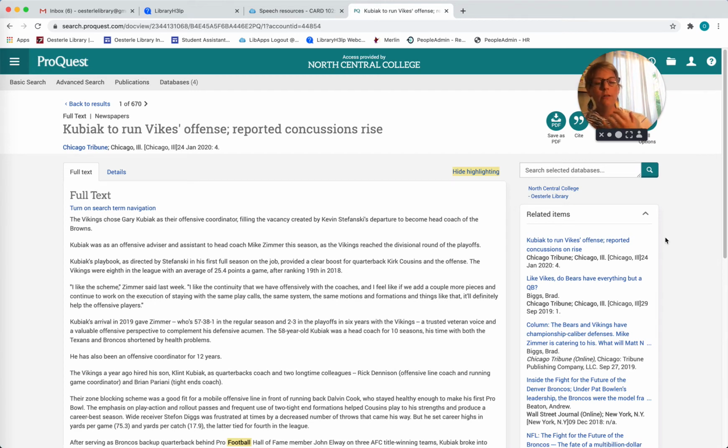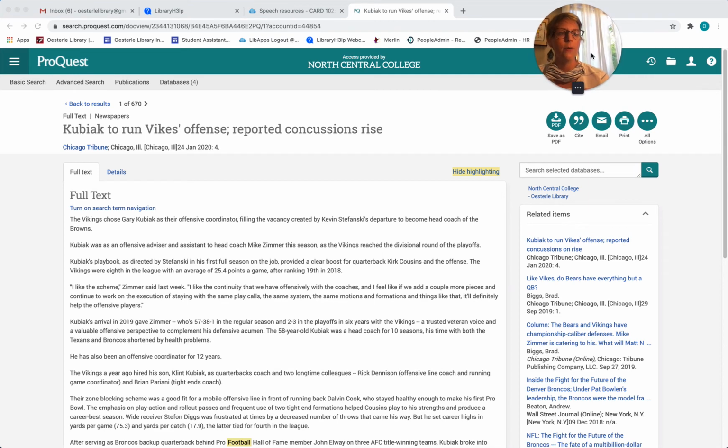If you scan through the article and determine that it looks useful for you, then you have some options up here. I'm just going to slide myself out of the way. As you organize your research, you can save something, download it as a PDF to a flash drive, to your network drive. You can email something to yourself. If you want to print something, you can go right ahead and do so. You have different organizational options if you would like.